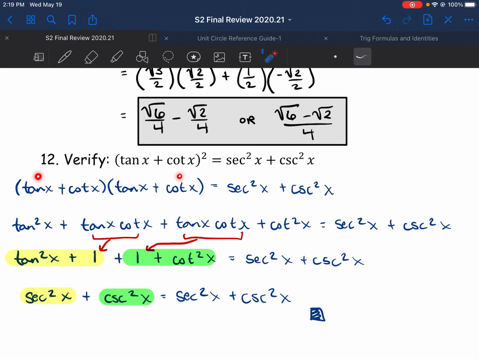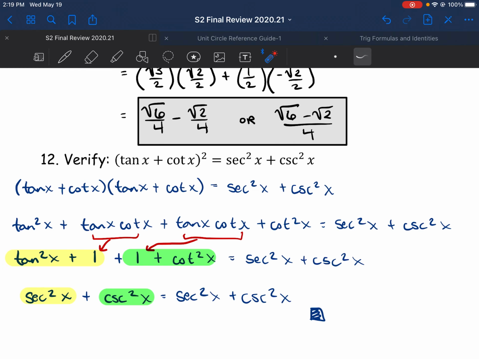Outside times outside, tangent x times cotangent x. Insides, you're going to get tangent x times cotangent x again, and then last terms, cotangent x times cotangent x, you're going to get cotangent squared x. Next, notice that I'm saying that tangent times cotangent is just 1, and that's because tangent and cotangent are reciprocals